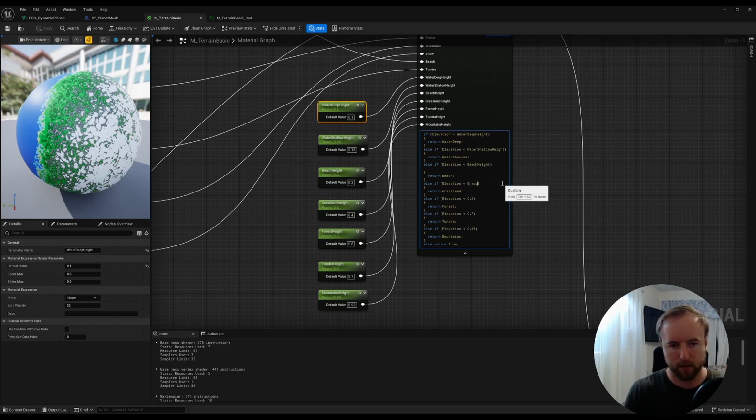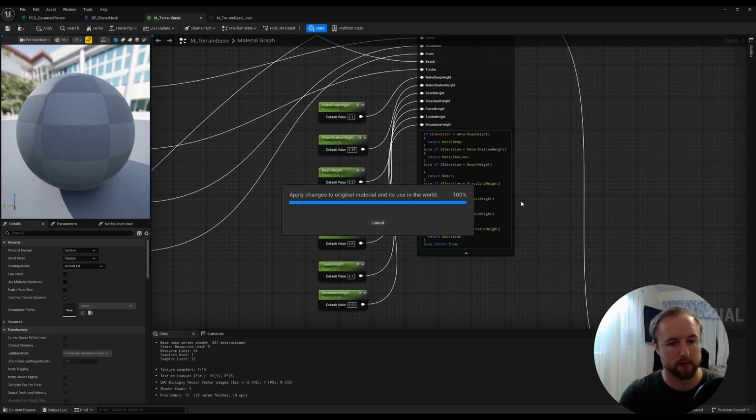And grassland height. Oh, my back. Lean back. Let's see. Forest height. Tundra height. And mountains height. Alright. If we're perfect and we make no mistakes, as we are,